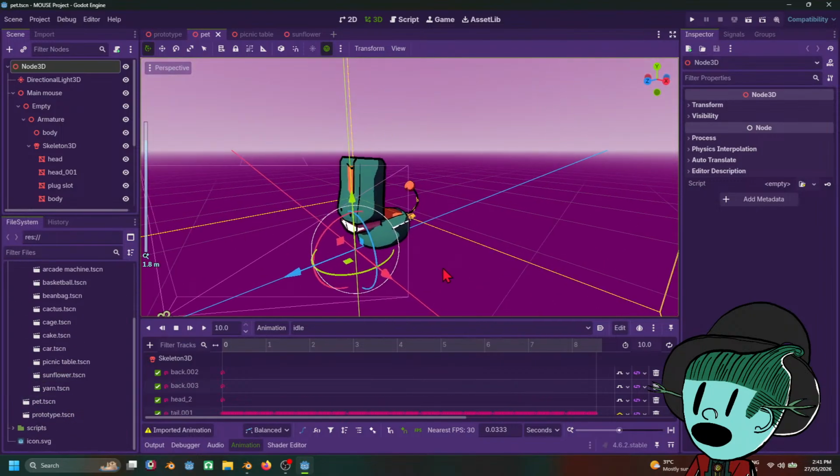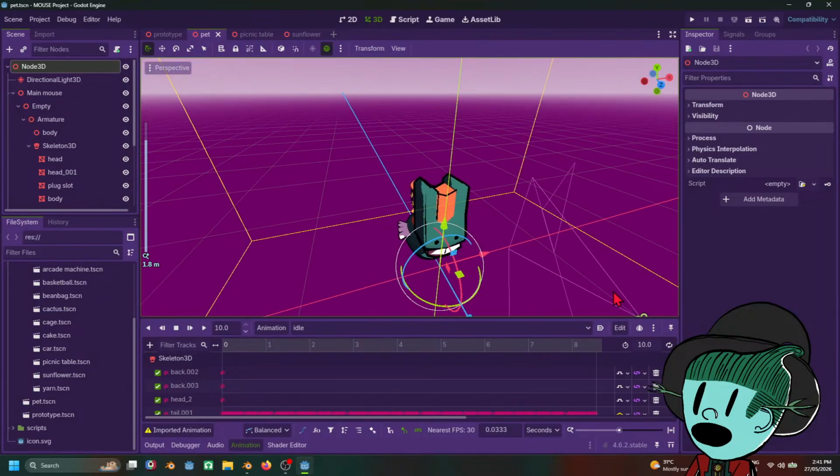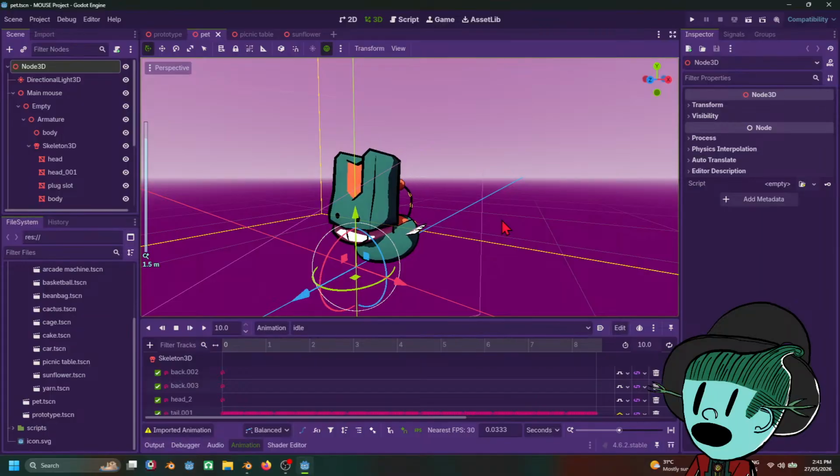As you can see, I already started off with importing the pet character I made as the main character of my game,